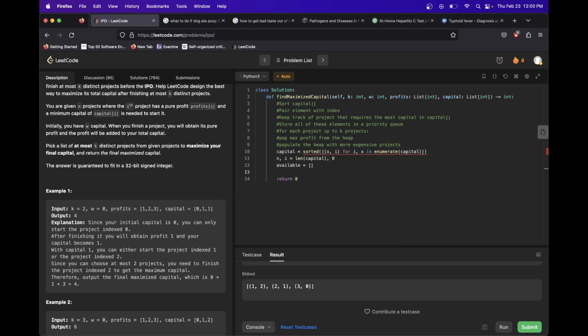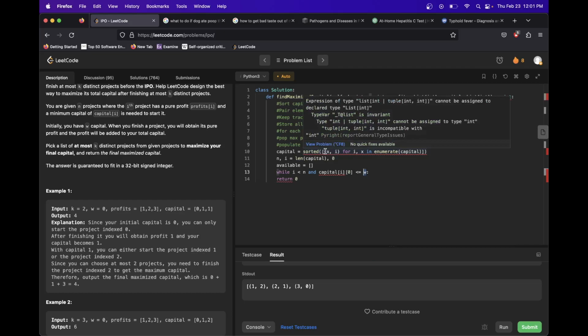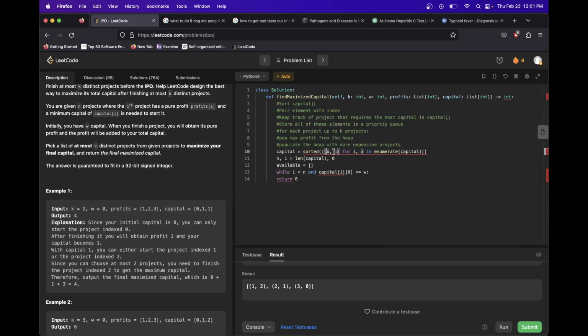So we'll say something like while i is less than n, so while we still have projects that we can push to the heap, and capital at i at 0 is less than or equal to w, our starting capital. The capital requirement, which is this x, the 0th element in this tuple, whereas i is the pointer to the index, that's the first element. We're saying while a given project's capital requirement is less than the capital we currently have, then we say